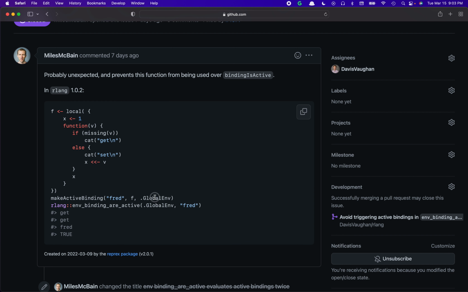So he set it in the global environment, and then he just used this rlang env_binding_are_active function to check if there was an active binding in the global environment called Fred. It should just return true. It actually returns a named logical vector here, where the names are the names of the bindings that you're checking for. So it does return true. We get what we expect, but it actively triggers the binding twice in the process,